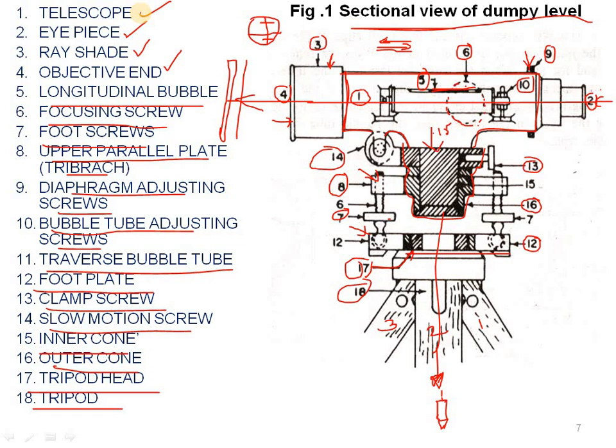Any errors may appear, such as a damaged bubble tube, a damaged object glass, or an eyepiece that is not visible. So we have to do all these frequent checks before fixing the instrument. When we know these component parts, we can check the instrument properly. Without knowing these component parts, we cannot check the instrument, because we do not know the name of the part.